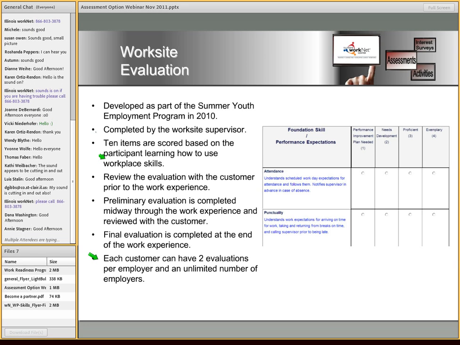Preliminary and final. The limitation with that is that it would only allow the customer to have 2 evaluations per employer, and that may or may not fit well with many of your schedules. So what we have now is you can have an unlimited number of evaluations for a customer per employer. Not that you would necessarily want a large number of evaluations, but if a work experience is longer, or if they worked with them one summer and then